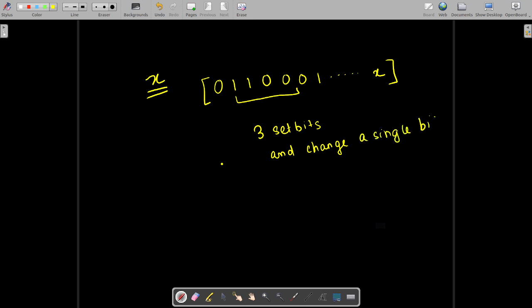What is the meaning of changing a single bit? It means if a bit is set, if it is 1, then change it to 0. So it is a brute force question, I feel, because you have to just see that